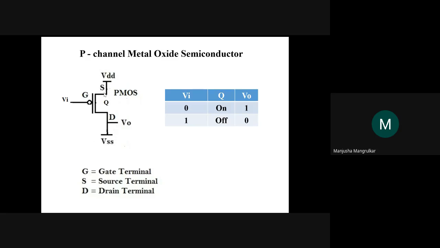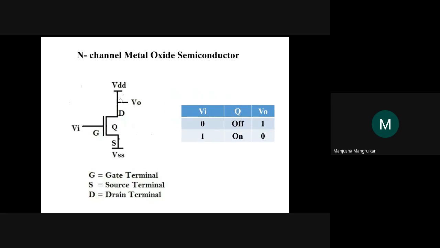Now here, in PMOS, your source is connected to the VDD and your drain is connected to the VSS. VSS means ground, VDD means your VCC, source voltage, supply voltage, we can say that, right? It is just the reverse of the NMOS. Your drain is on the upper side, where the source voltage is given. Your output is connected here.